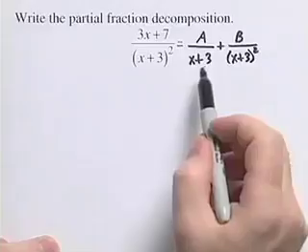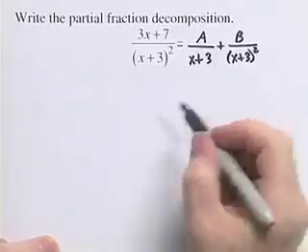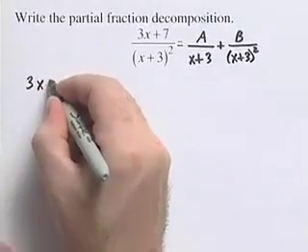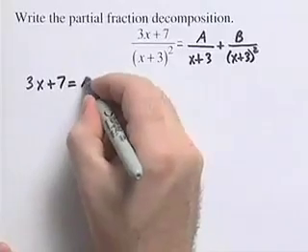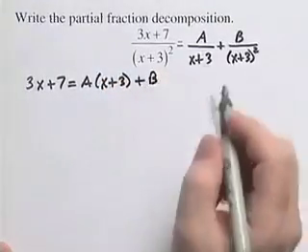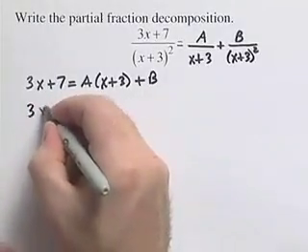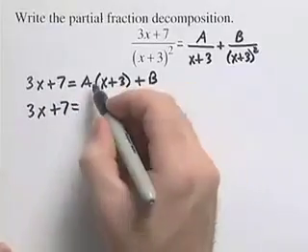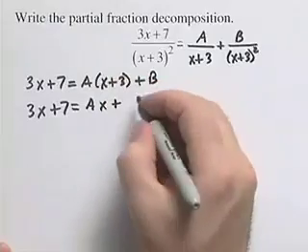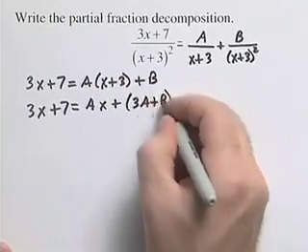We want to clear the fractions. We're going to multiply both sides of this equation by x plus 3 quantity squared. If we do that, we end up with the identity 3x plus 7 equals A times x plus 3 plus B. We want to clean this right-hand side up just a little bit. We're going to get Ax, and we're going to have 3A plus B, and we're going to group that together